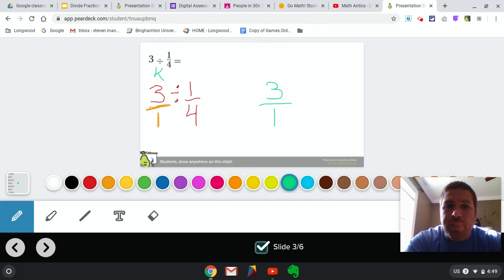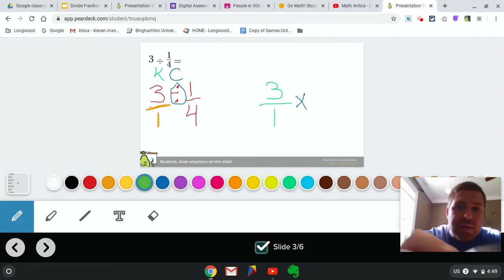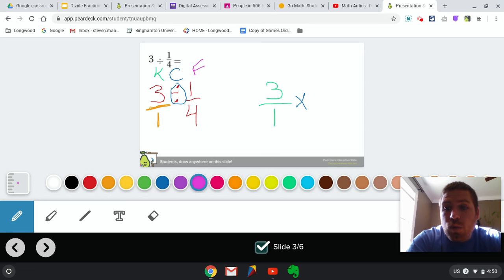That's the same. I'm going to change the division symbol. It's always going to be the division symbol that we're changing, and we're changing it to multiplication. And then finally, let's use a different color. We're going to flip. So when we talk about flipping the fraction, we're actually getting the reciprocal, which is what